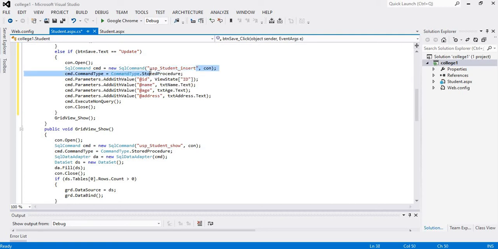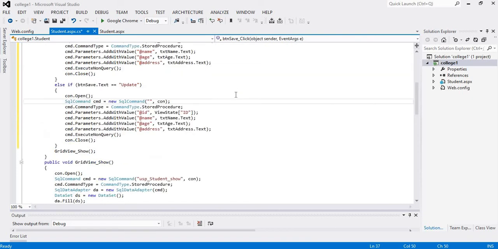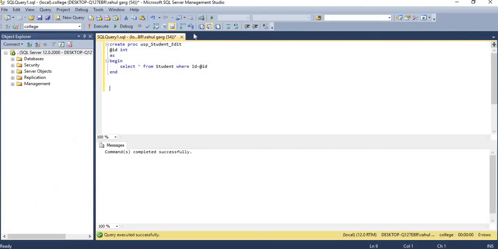Almost everything is ready, but we have to change our stored procedure, because it was the stored procedure for saving the data, but we have to update the data. Again creating one more stored procedure, create proc usp student update as begin, and passing the id here @id int.